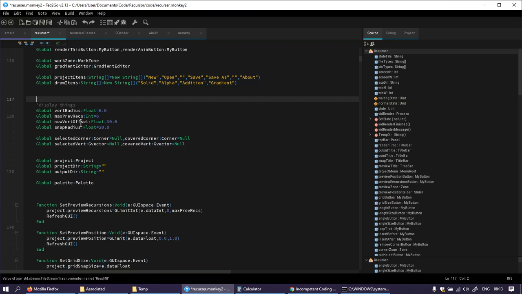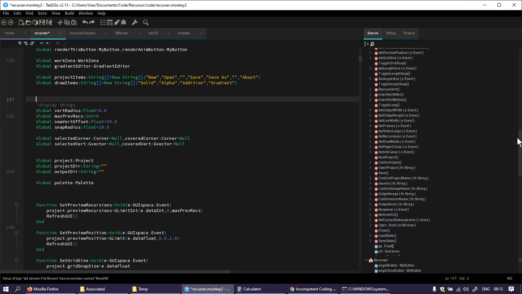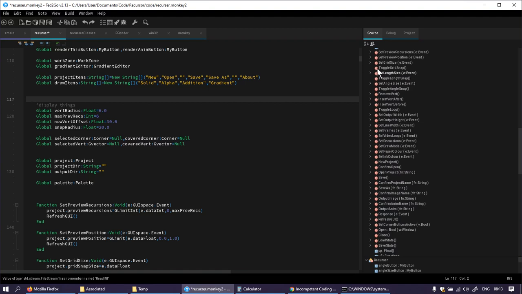But yeah, I think overall I will keep this. And I guess the bulk of the recursor class will become these functions that do specific things to the set, or the output, set the output width, you know. Well, actually it's mainly about setting the output. The stuff you do to the set is all managed in Workzone more. Anyway,